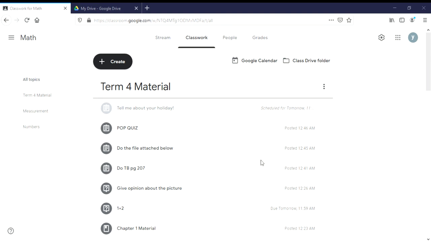Take note that when you use assignment, they can always unsubmit and submit again. Let's say that your students want to change their answer. They unsubmit, they add something, they erase something, then they turn in again. That's possible, and there is no way to prevent that from happening. A little bit different from the question just now. If it's a question, they will not be able to edit their answer if you do not allow them. But here, they can always unsubmit their answer and then submit again. Okay, so that is 1.